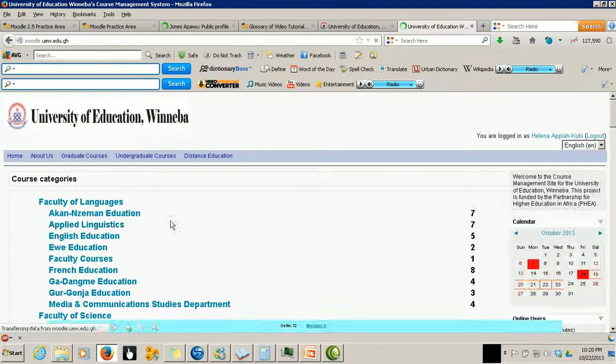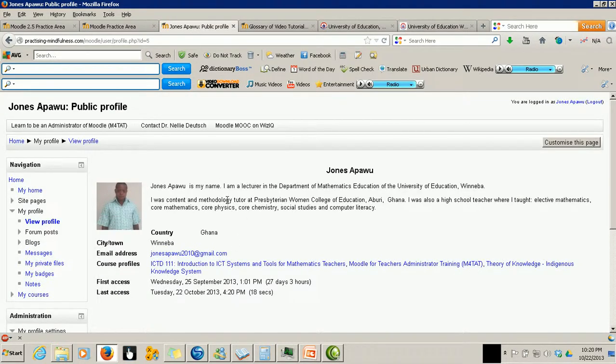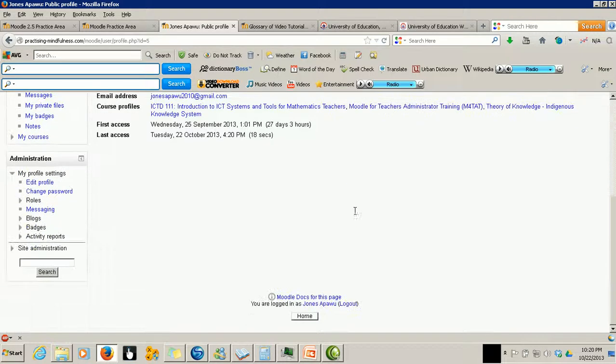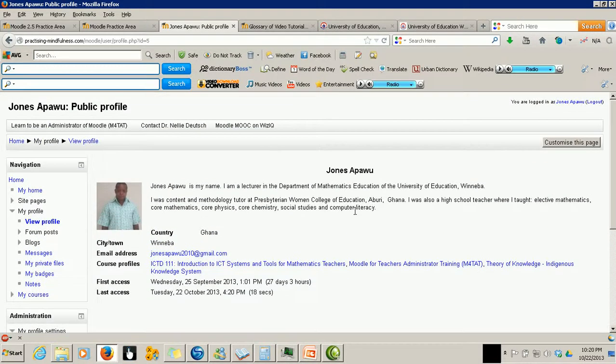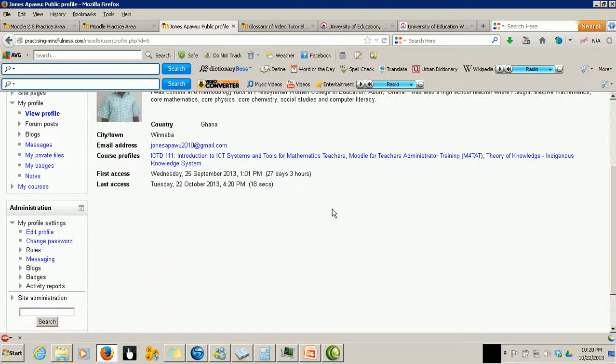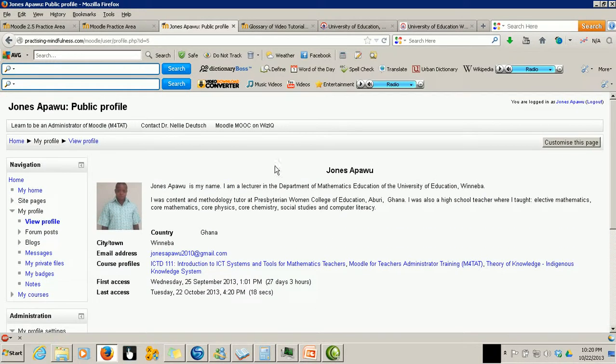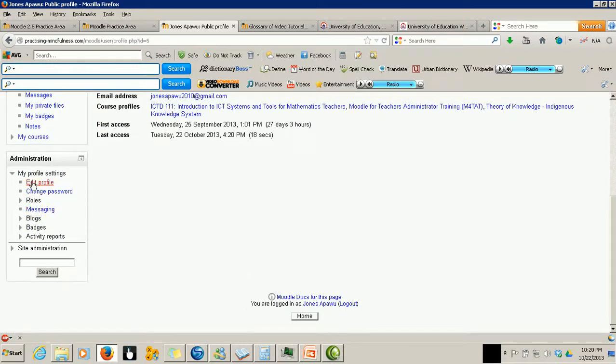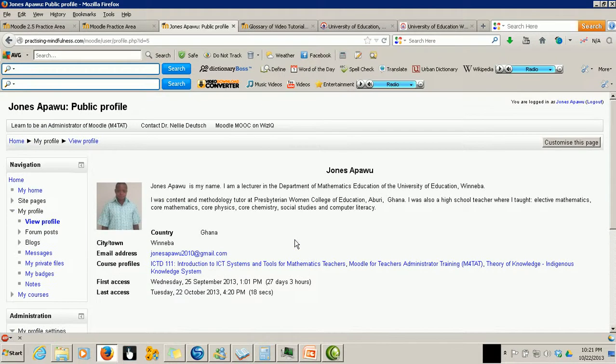Okay, now let's go back to the 2.5. So you see, with the 2.5, you can also edit this as well. With this, you will not see the edit button here. You have the edit profile here. So it's the kind of thing that you as a student need to learn. If you are using a particular version, you look for it, they are similar. So let me just go back